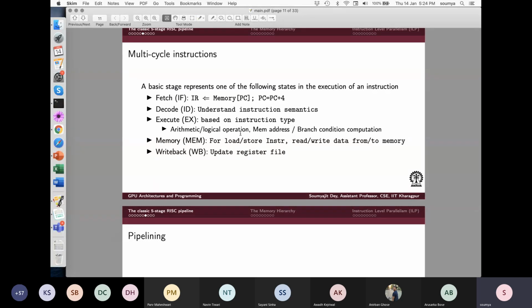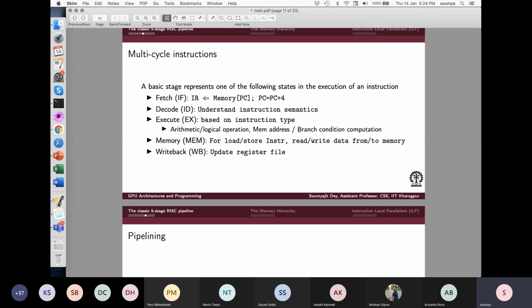So this does all the calculations. What kind of calculations may you require? Well, this is an arithmetic calculation that I did, so that will use the multiplier block. You may require a logical operation, for example, evaluating some condition or comparing two values, and you may also require to calculate memory addresses or branch conditions. For example, you are trying to execute an instruction which has PC relative addressing. So you have to calculate the memory address, right? You have to add the base register with the offset. So who will do that? That will also be done by this.